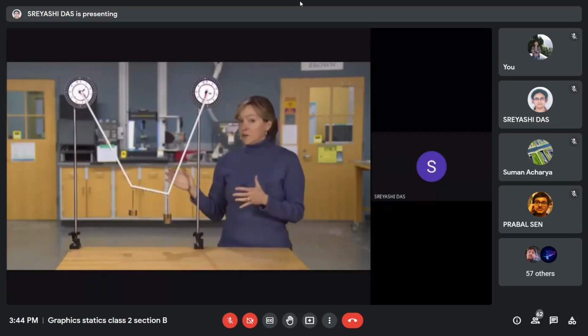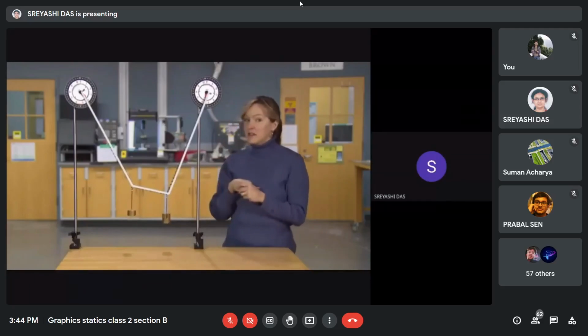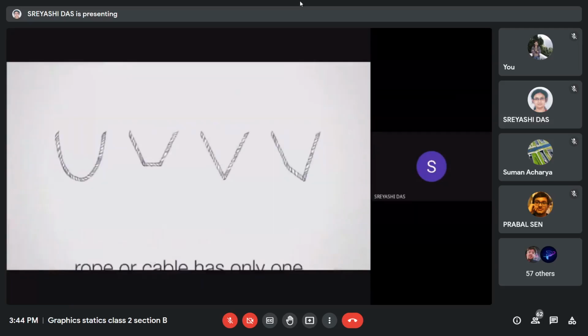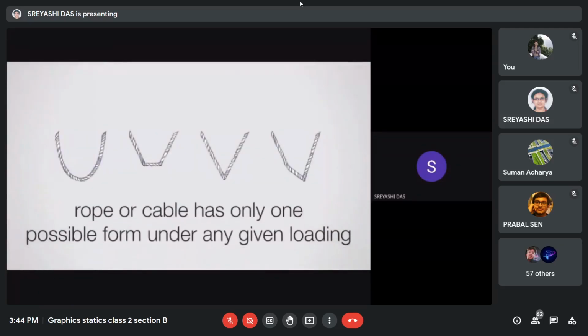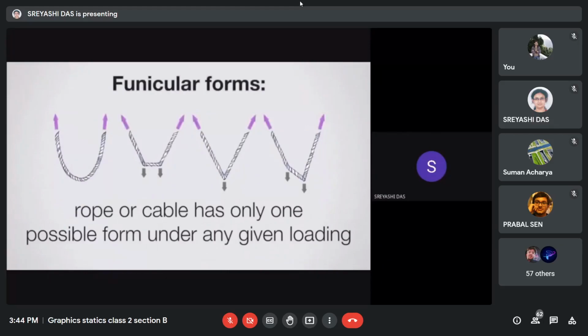My guess is you did pretty well with the matching exercise. It tends to be fairly intuitive for most people as long as you've played a little bit with ropes and cables. Why is that? The rope or cable has only one form it can take under these loads. And because it's all in tension. Remember the rope, we can pull on it, but we can't push on it. It turns out that these forms have another name, and that's called a funicular form.